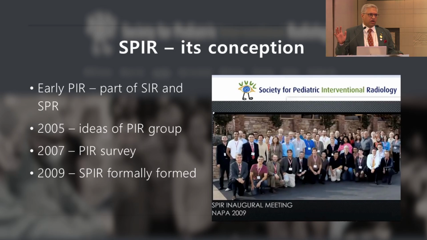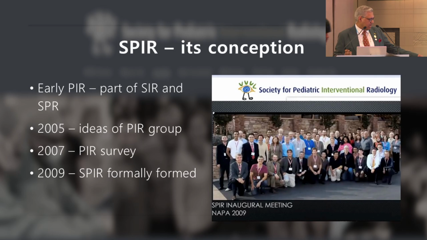The Society for Pediatric Interventional Radiology has its origin in the last decade, or a decade and a half, I should say. It arose out of the idea that we need to have a dedicated thought process for looking at children and catering to their needs. And so a group of pediatric IRs, or IRs interested in pediatrics, came around to start this society in 2009. At this current point in time, we're about 440 members around the world. It's largely North American and European centric.